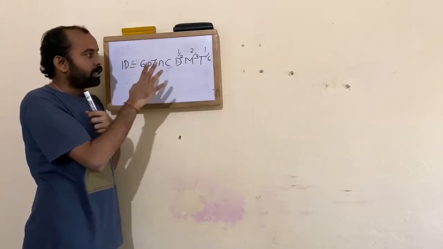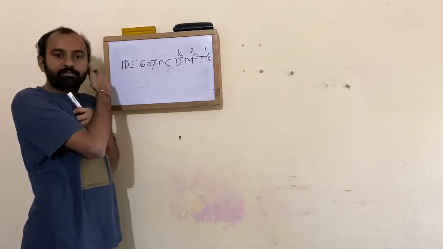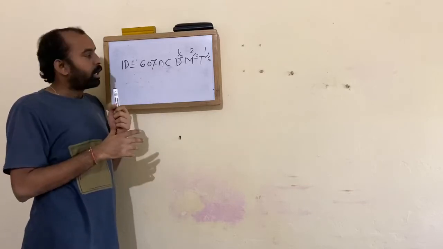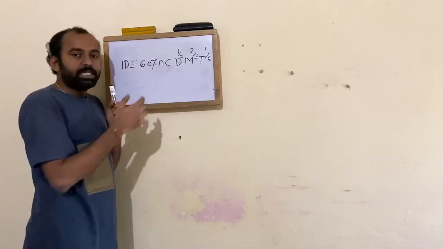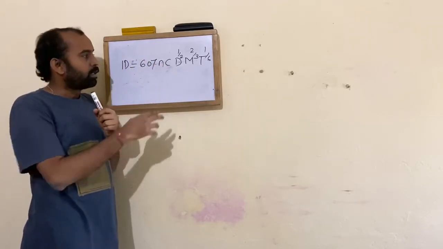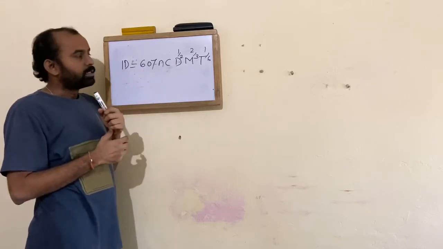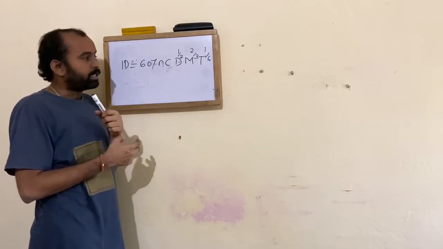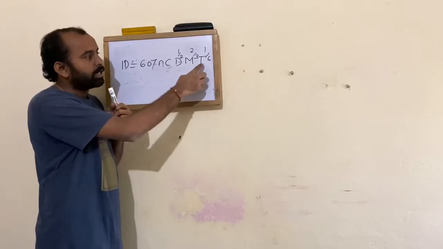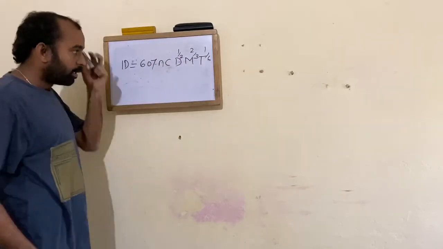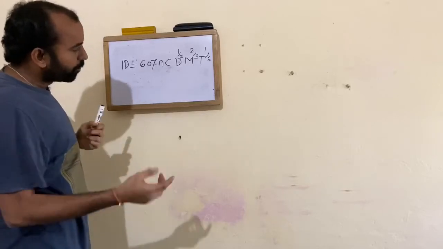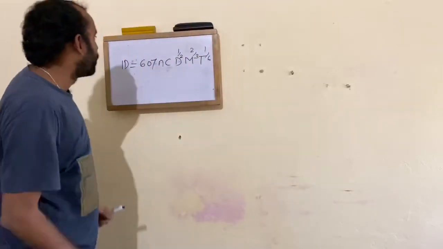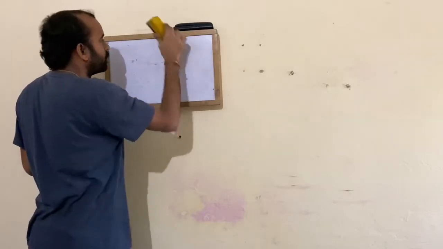Now here is the equation which tells you ID is your diffusion current, N is the number of moles of electrons transferred between reducing substances, C is the concentration in millimoles per liter, and D is your diffusion coefficient, that is in centimeter square, and M is again your weight of mercury drop, that is mg per second, and T stands for drop time of mercury, that is fixed.